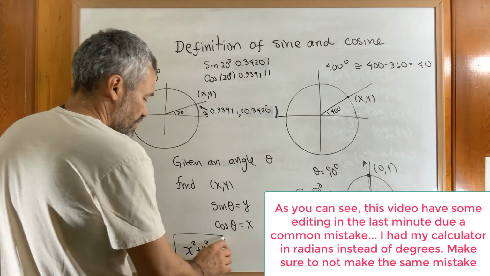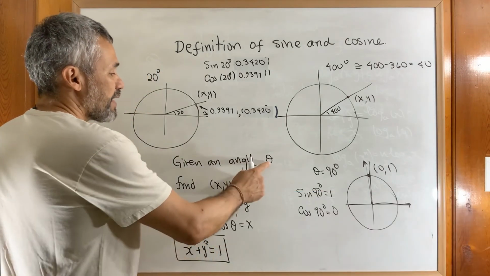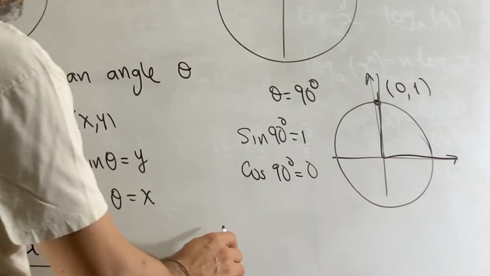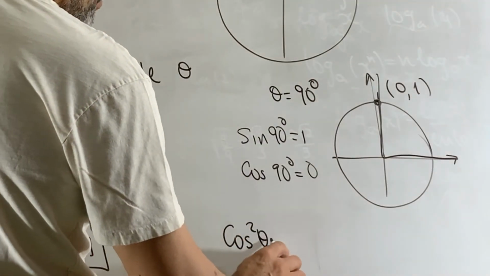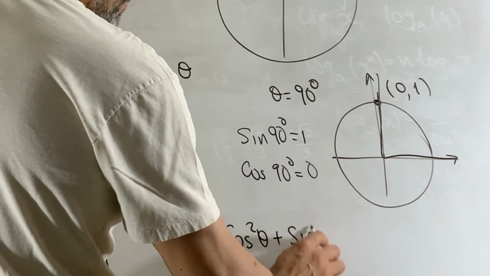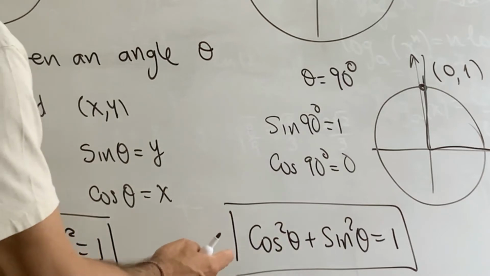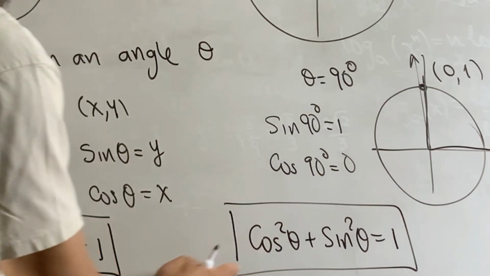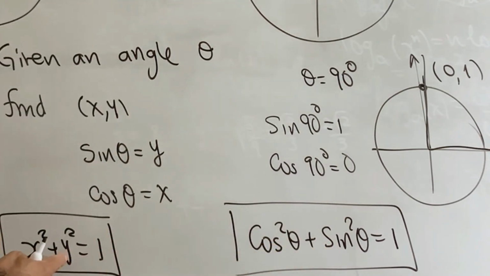Notice that here with the definition it's very evident that it doesn't matter what angle we have. We have that cosine squared of theta plus sine squared of theta is equal to 1. The reason is because cosine squared of theta is just x squared and sine squared of theta is just the